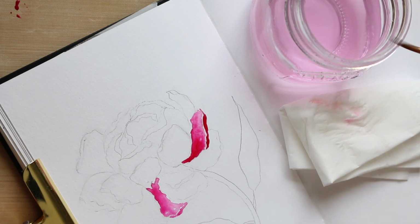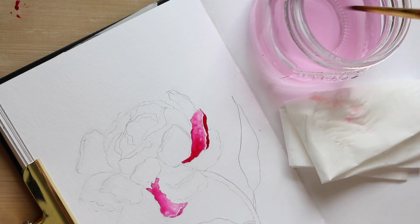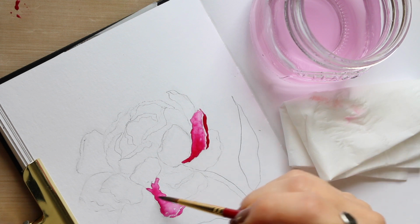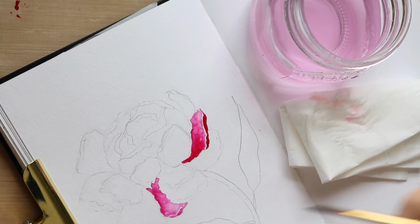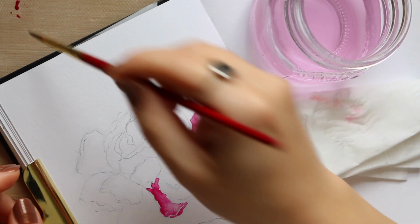And the other thing that I always like doing is dabbing with clean water into the petals. You will see when it dries, it creates that beautiful kind of blooming look. It gives it a little bit more of a texture. So I'm going to go back in,